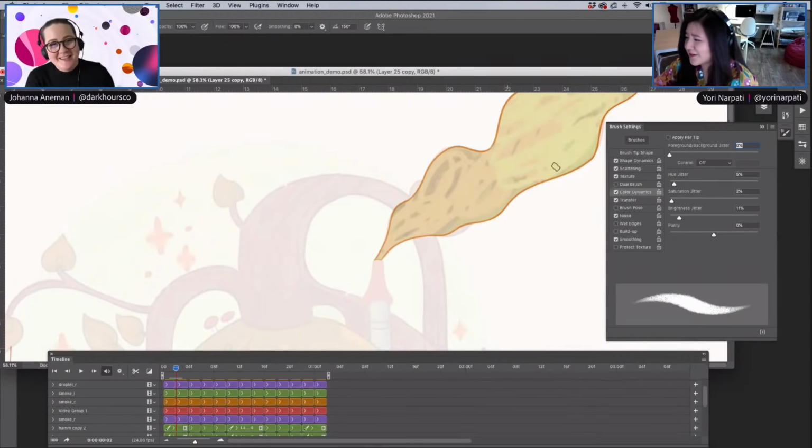Basically, just be me. Yeah, they're really fun to do. But basically, what I'm trying to do here is create a randomized texture using the same brush, because I'm using one brush for this whole piece. So let's just say,